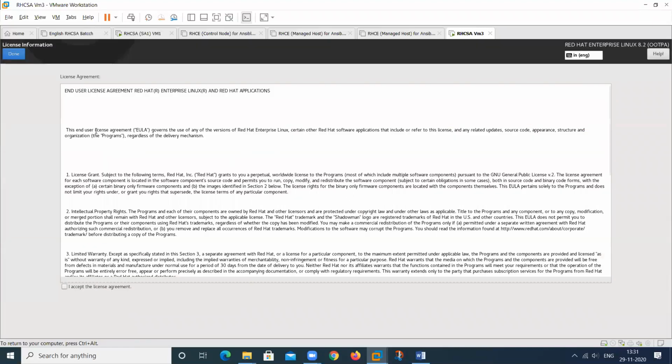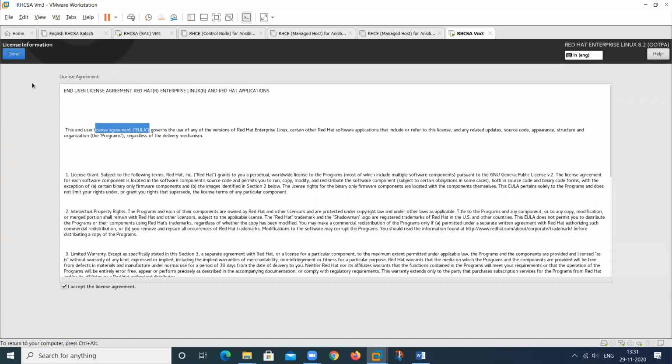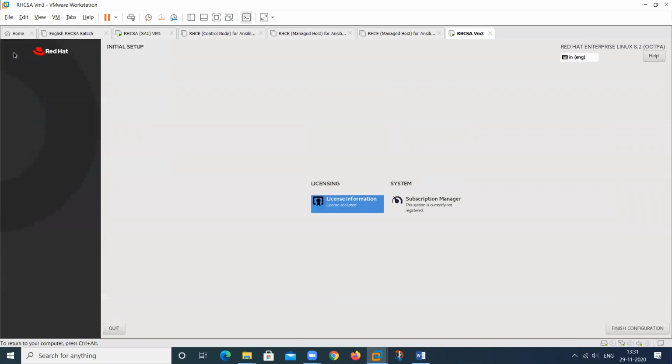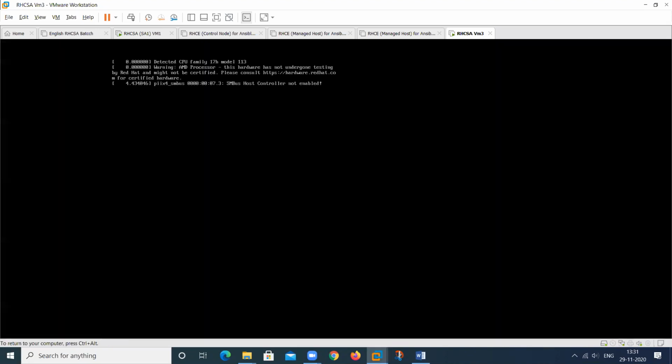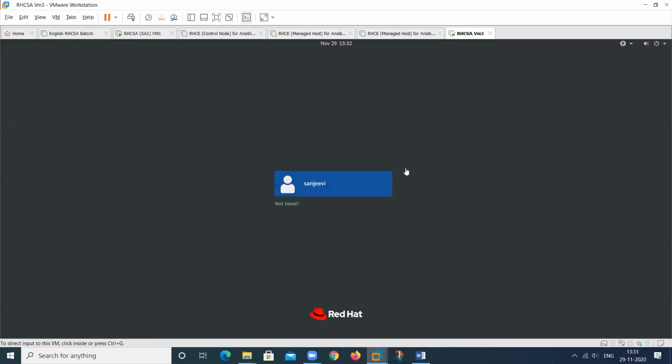It's your EULA, the end user license agreement. Select this one, then done. Then click on finish configuration. So this is the process of installation. Then give the name here, root also, to log in through root. If you want to log in through this particular user, then give the password of this user.